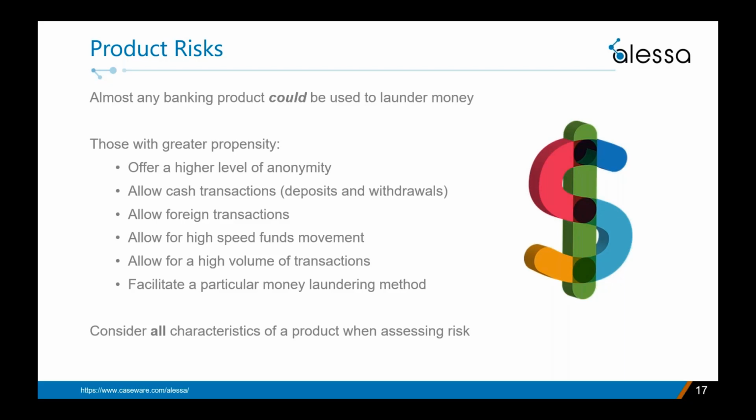So when you assess your institution's product risks, look at all these factors and any others that you think are important. When you think about it, it really comes down to how much flexibility a product provides. The more flexible, the easier it is to use for placement or layering of illegal funds. Now, I want to keep emphasizing that no risk factor exists in a vacuum, especially when it comes to product risks. Most products don't serve much of a purpose without their corresponding services, right?